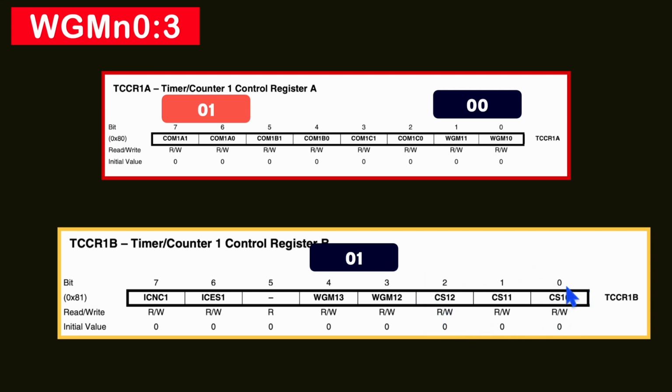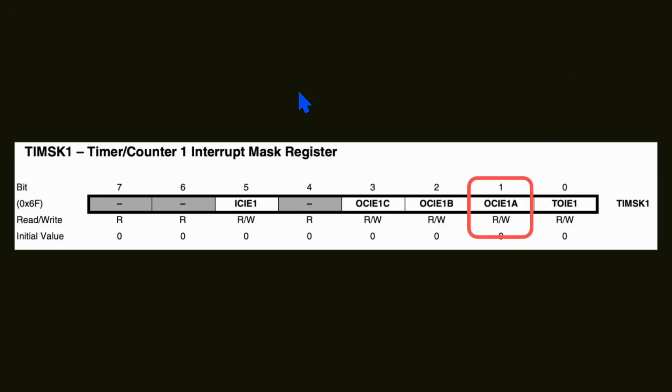In the last videos we had selected a pre-scaler value of 256. So for selecting 256 we have to give 100 here. If you are not clear about this, just watch the previous video for clock selection. So we have configured everything, and now we just have to enable the interrupt. Whenever a comparison match happens, we have to enable it.